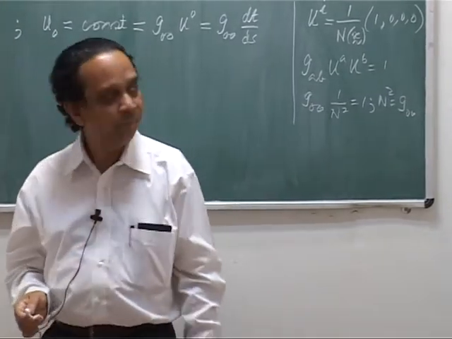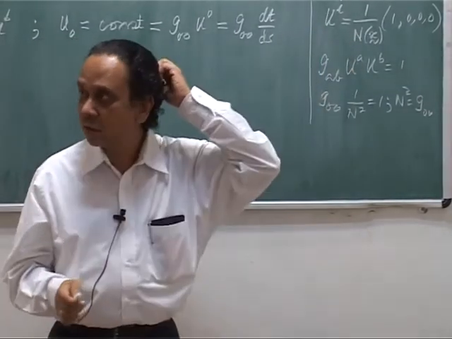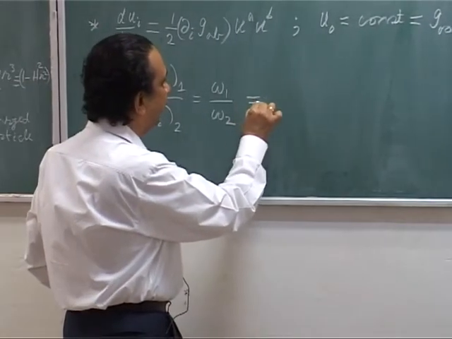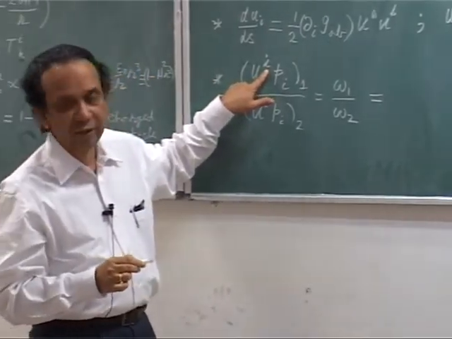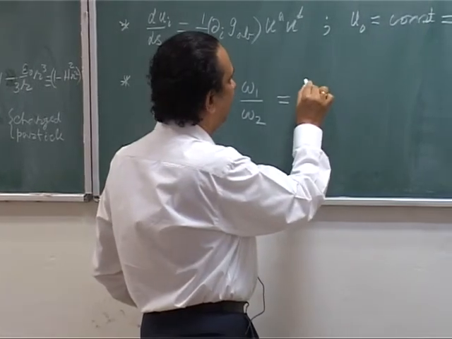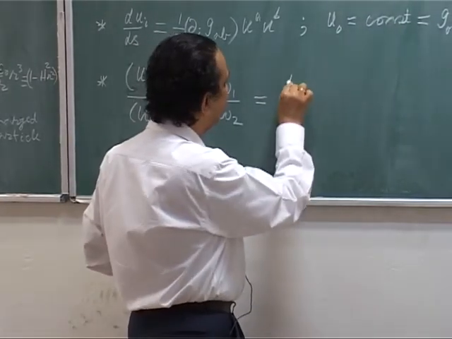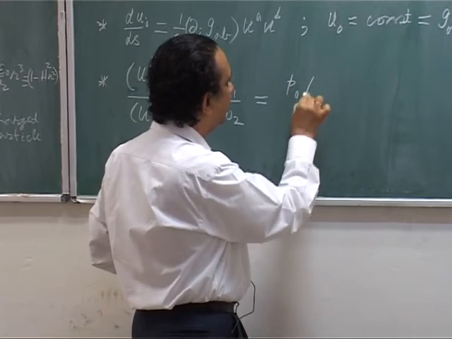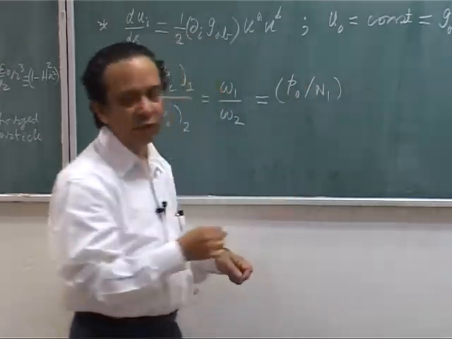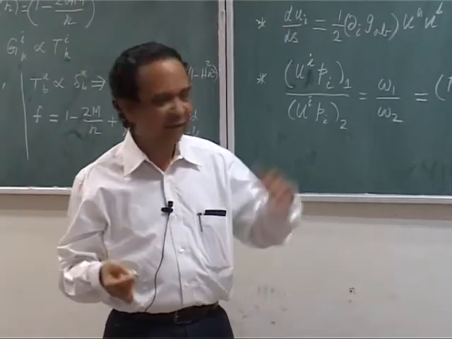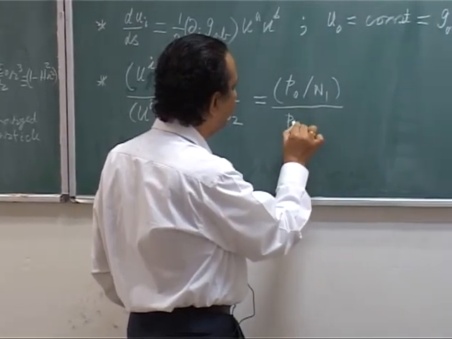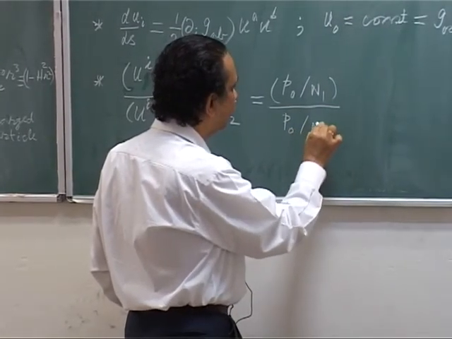Now let us bring that up. So U^i has only the 0th component, so that immediately tells you that here I have to only worry about the 0th component of this, right. So I have U0 which is 1 upon n times this p lower case, so it is P0 divided by n1. N1 is just shorthand notation for n at x1, bold space x1, and this is going to be divided by P0 divided by n2.